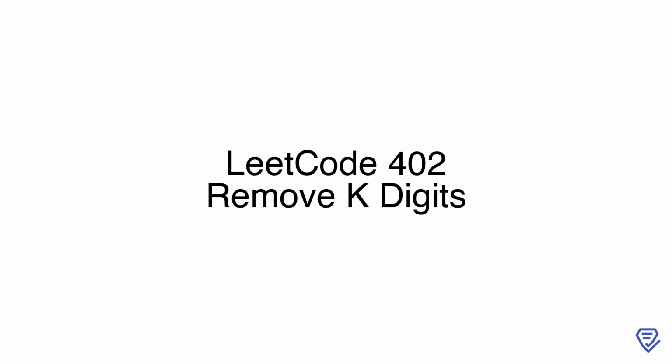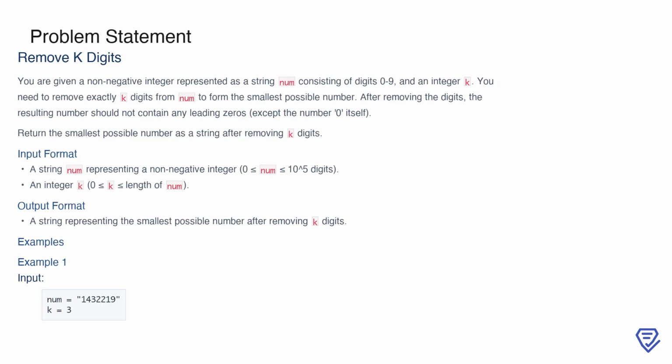Welcome to this walkthrough of LeetCode problem number 402, Remove K Digits. In this problem, we'll tackle how to efficiently remove k digits from a number string to produce the smallest possible number. Let's dive in. In this problem, you're given a non-negative integer represented as a string called number, which is